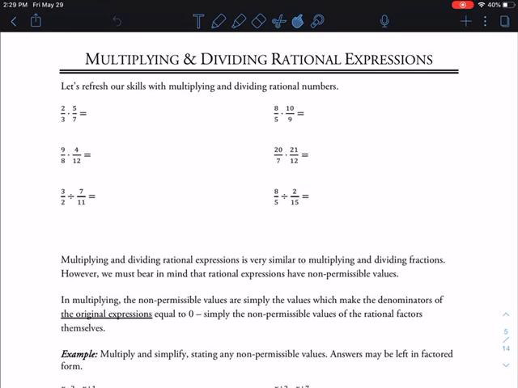Hey grade 10s. Okay, so as you can see here, we have multiplying and dividing rational expressions all in one lesson, but I'm actually going to break this up into two shorter videos, okay? So I'm going to spend this first video doing all of the multiplying questions, and then I'm going to stop the video, and then I'm going to start again, and I'm going to do all the dividing questions out